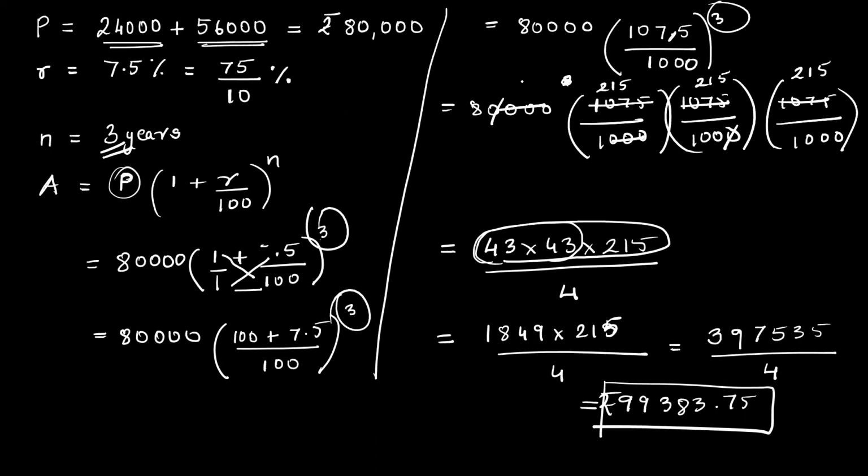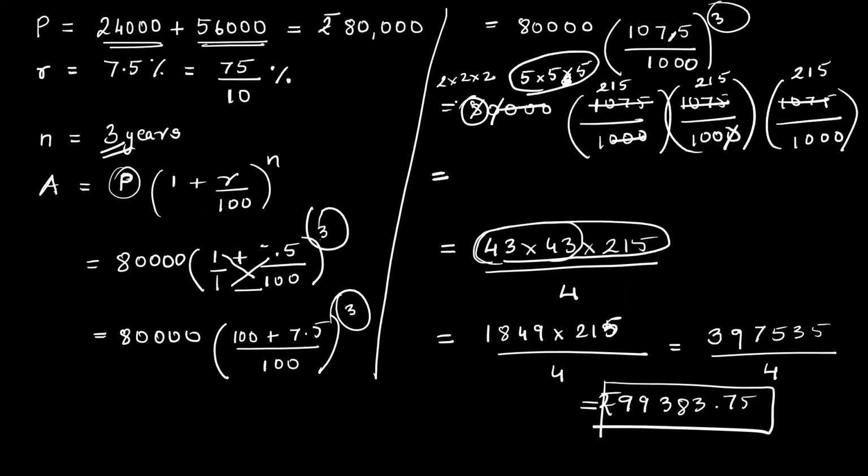okay, that means I have 5 into 5 into 5. Where does this 5 into 5 into 5 come from? From each of these 1075, I've removed 215. That is why ये cancel हो गया. I'm keeping the 5s here because I've not cancelled it from the denominator. And 8, I can write as 2 into 2 into 2.